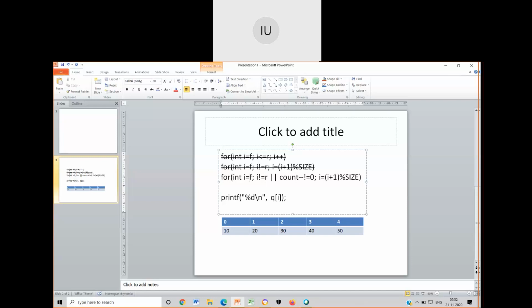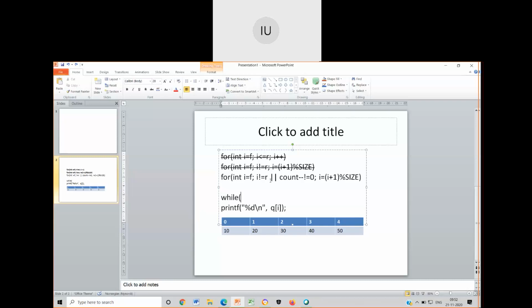Okay. There is one more alternative. What is that? While. Yesterday I had written this option which Praveen had commented. I'll be writing the same comment.